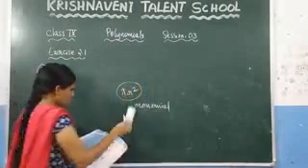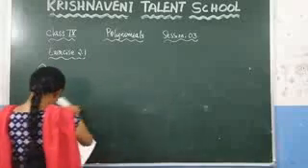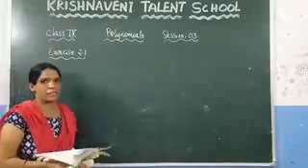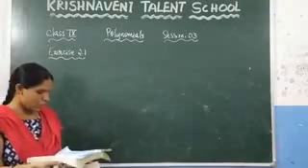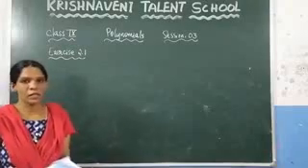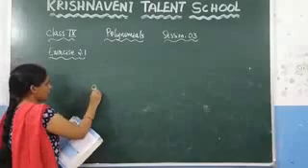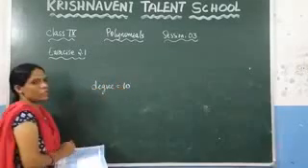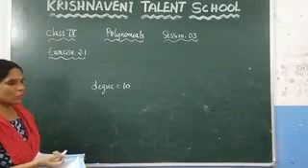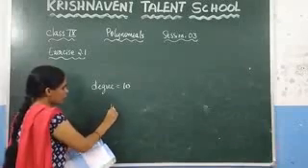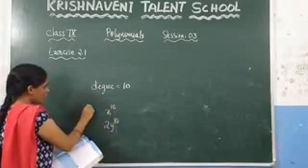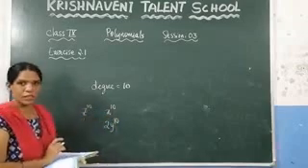And the last question, give one example of each of the monomial and trinomial of degree 10. This one you can do it as a homework. Just you need to write the monomial consisting of the degree 10. So, what is meant by the monomial? If it contains only one term, we call it as a monomial. So you can write x power 10, 2y power 10, or you can write z power 10. These are all the monomials of the degree 10.